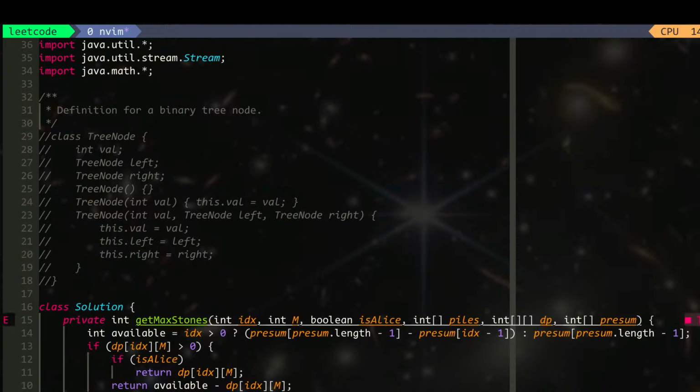So we go through this, so we get that, and at the end, again, if I say return, is Alice? If it is, we return dp index m. Otherwise, we return available minus dp index m. All right, so this one,